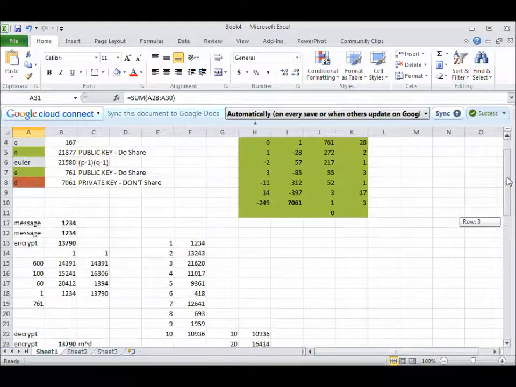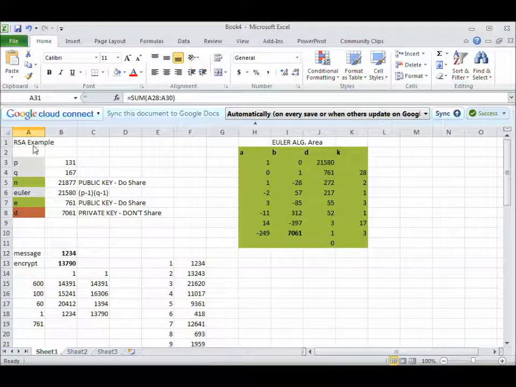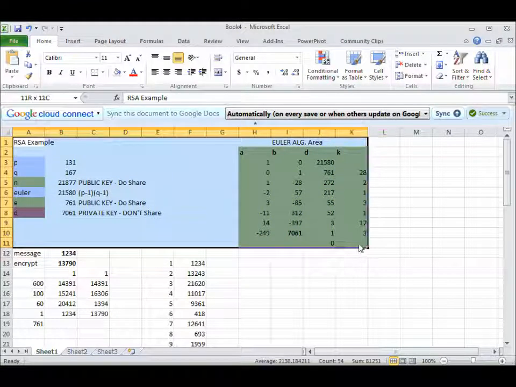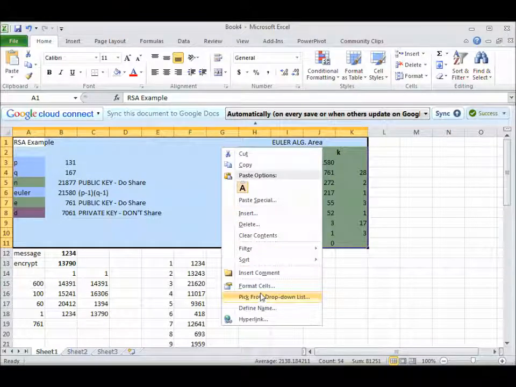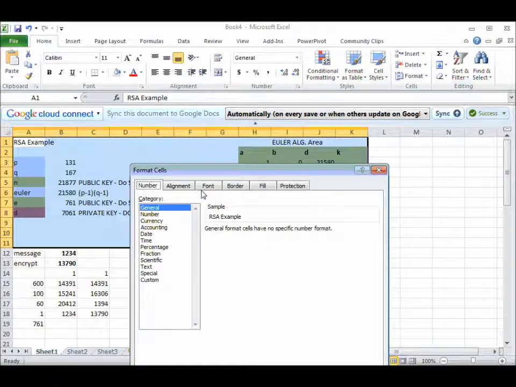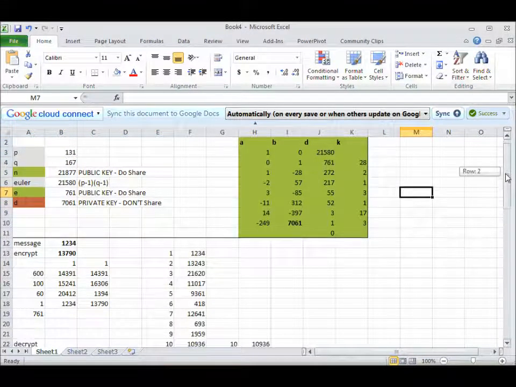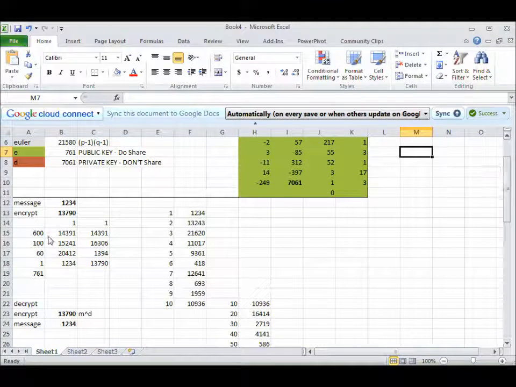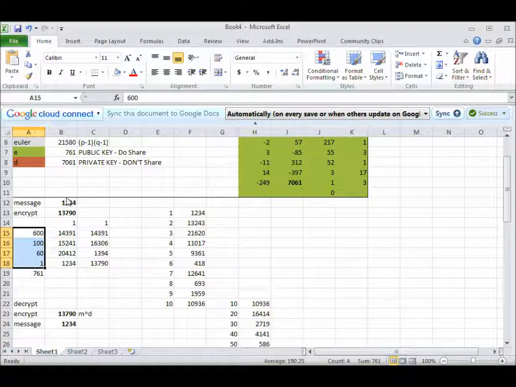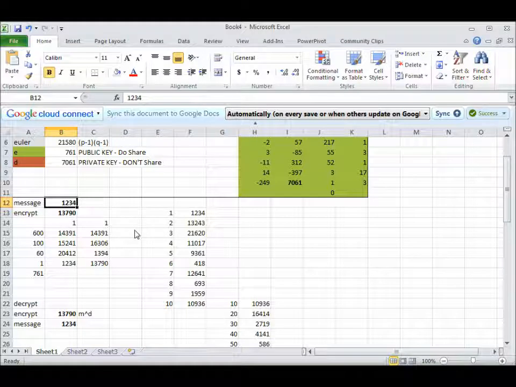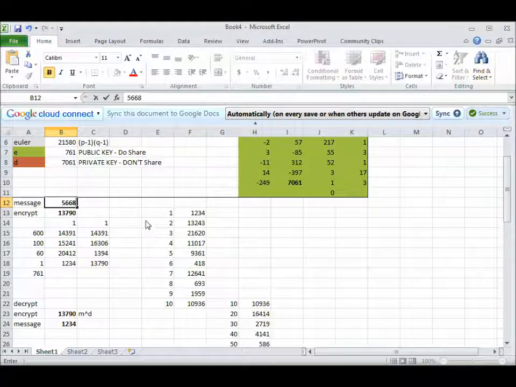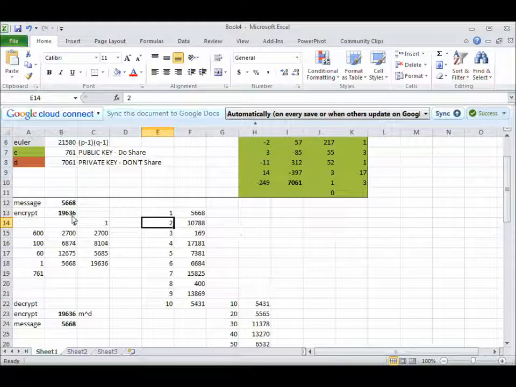Now what's wonderful about Excel is that all this stuff up here is just our lock. Okay, we can put a border around that. Okay, that's our lock. Nothing changes up there. In fact, these numbers don't change either. So I can go in here and put in, say, the school's phone number, 5668. All right, and when I click away from this cell, because I've been clever about the way my Excel works, all these things recalculate, and I get a new number encrypted,